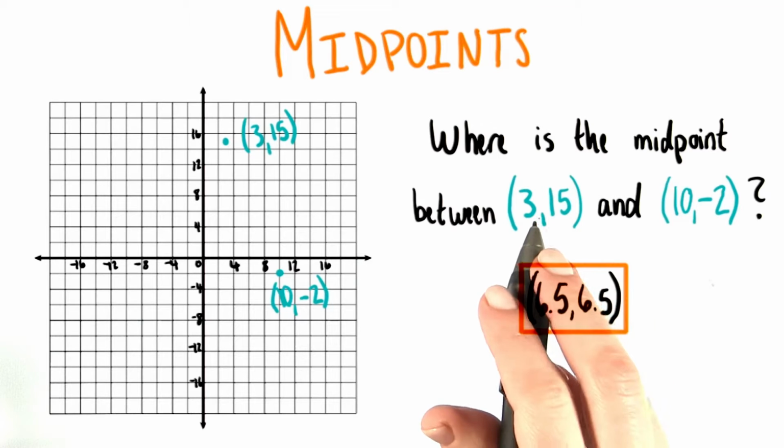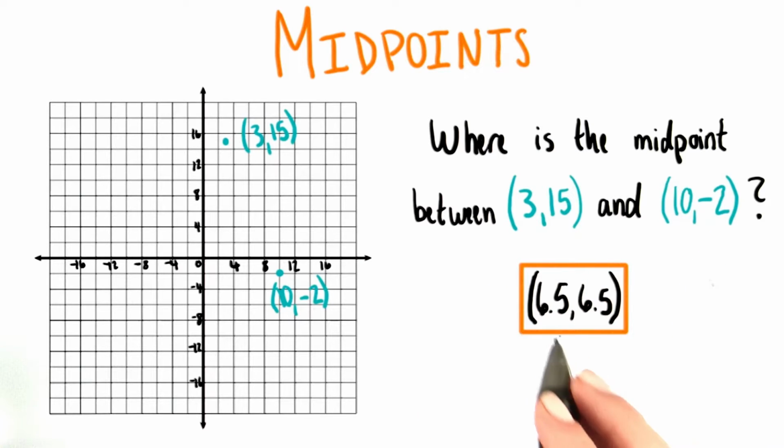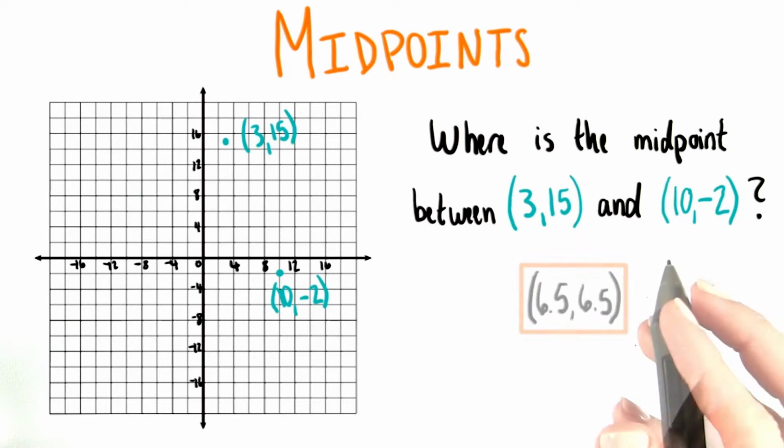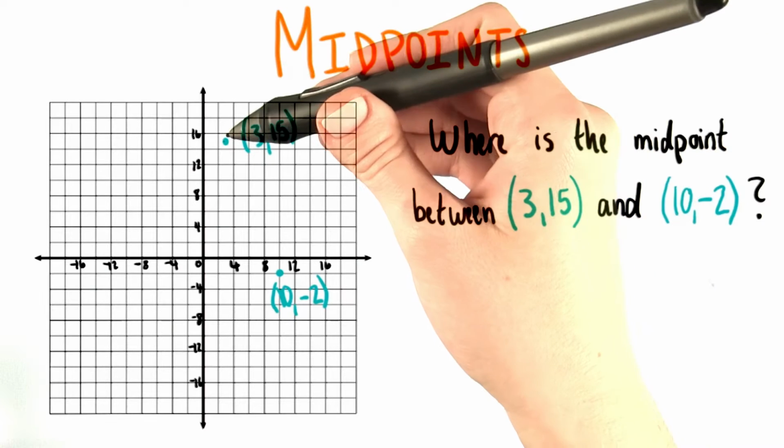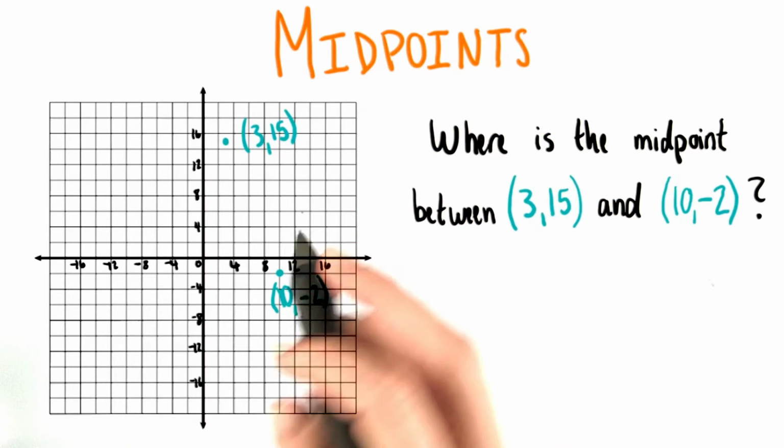The midpoint between (3, 15) and (10, -2) is the point (6.5, 6.5). Of course, you could write this as a fraction instead of a decimal if you wanted to. But how did we get that? Well, in order to get halfway from here to here, we know that we need to go half as far